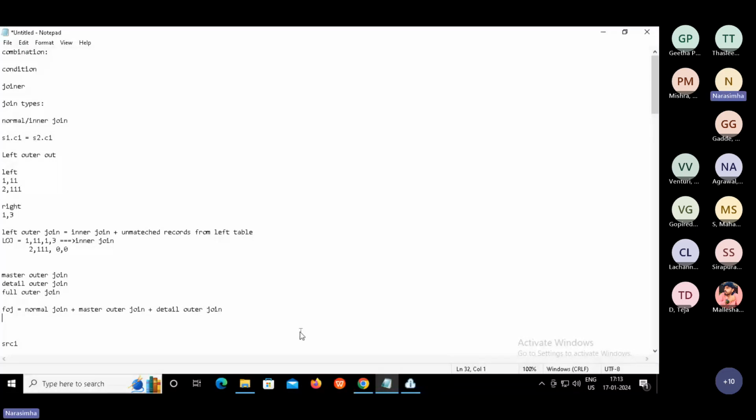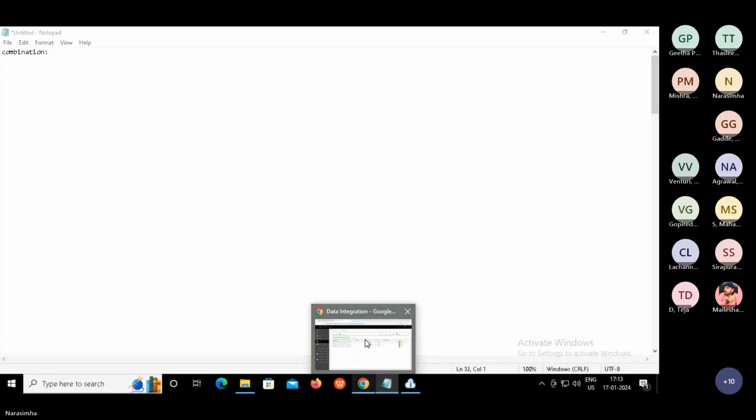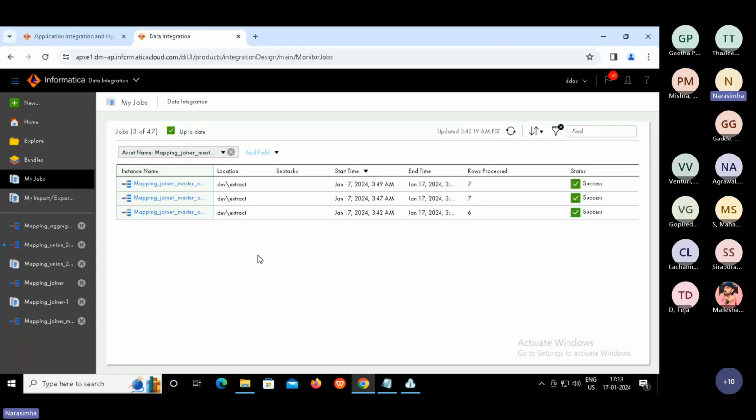Which means in this case we should get common data. So in our sample data, you will see first 6 rows, then followed by one unmatched one from the left table, and one unmatched one from the right table. That's it. So you'll have a total of 8 rows. Let us see that. Concept is clear, guys? Yes or no? I'm trying to talk in simple terms so that anybody can understand this.